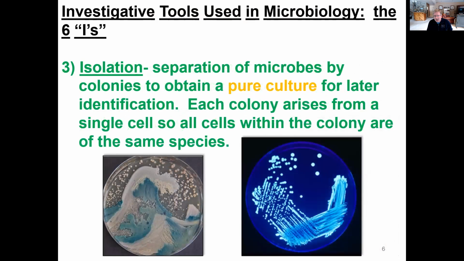Oftentimes, we want to isolate bacteria, and we can do so if we perform what's called a streak plate. You'll be doing that in lab in a couple weeks as well, and you heard me allude to that in one of the preceding slides with the plastic inoculating loop. Remember, that person was streaking the plate. And once that streak plate is pulled out of the incubator, this is typically what you like to see. The idea is to spread out the bacteria in ever decreasing numbers,